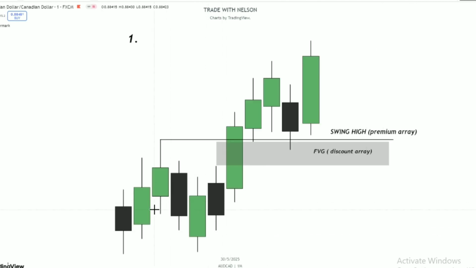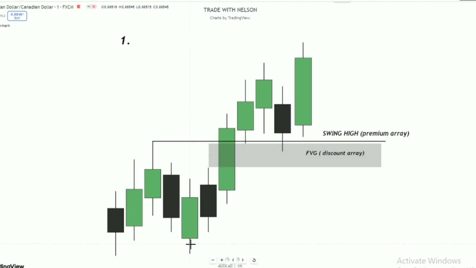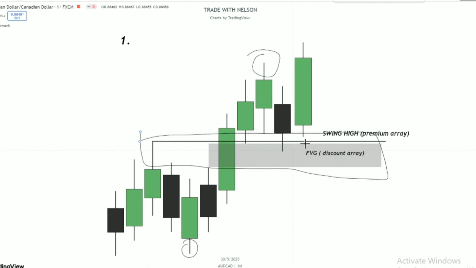So here you can see this is an uptrend. Market is creating low, high, low, high. But for the market to continue, we have a small fair value gap at this point. If you take your fib from this point to this point, you will notice that this is a discount array. The fair value gap is inside the discount array, and this swing point is a premium array